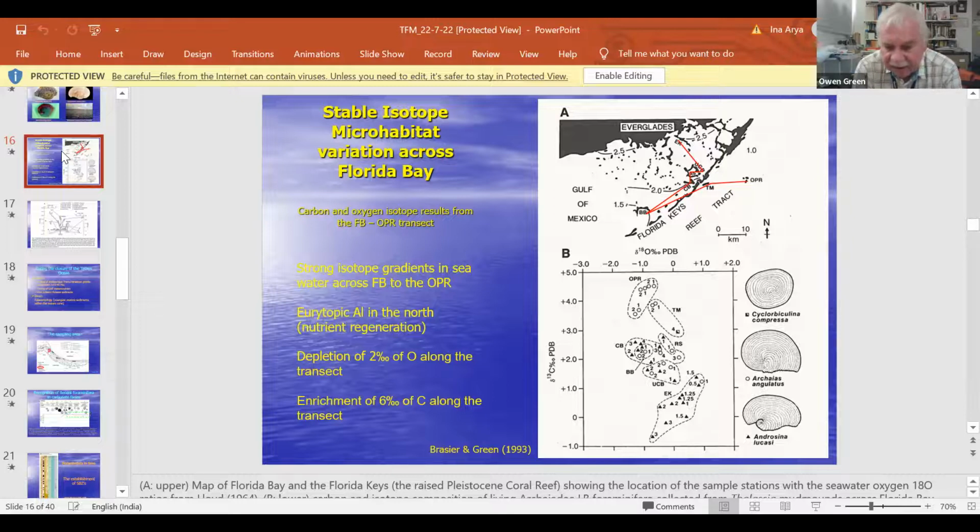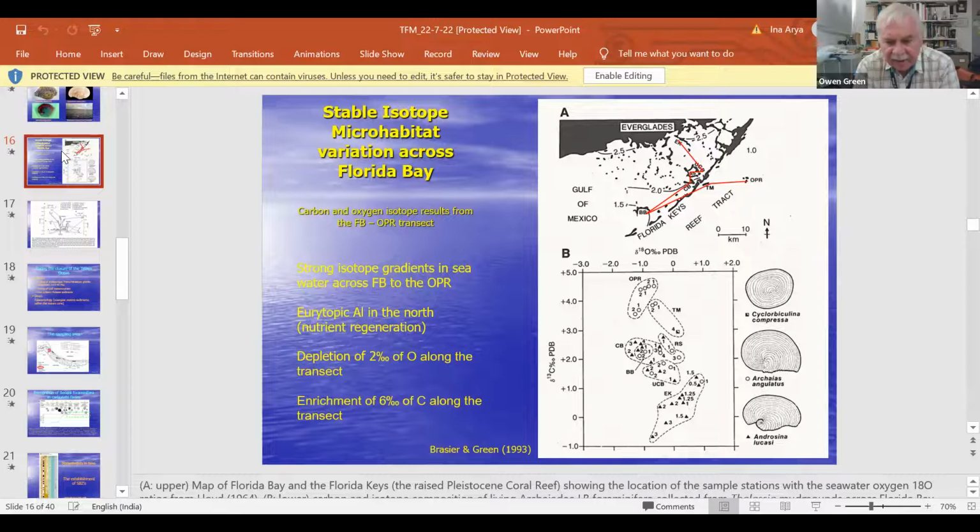Again, it's probably self-evident now, but at the time when we were doing this work, no one had ever done anything like this before, and no one had really realized that there was this subtle change, particularly in the delta 13 of the carbonate. You can see that the oxygen stays all very much the same. There's not much of a range there, just about a couple of parts, but actually the carbon is quite significant,